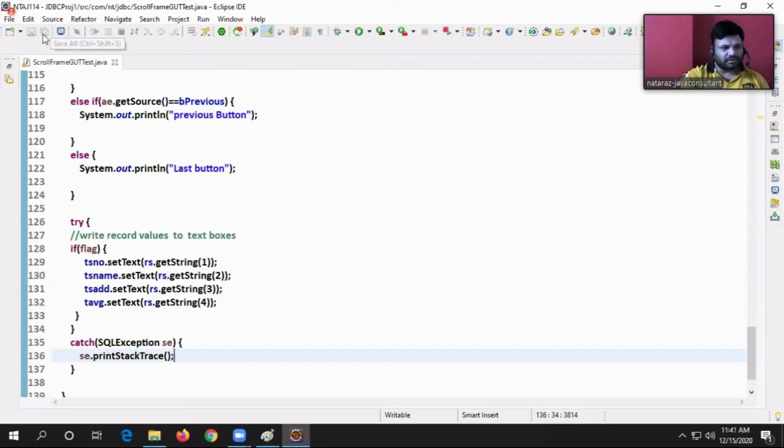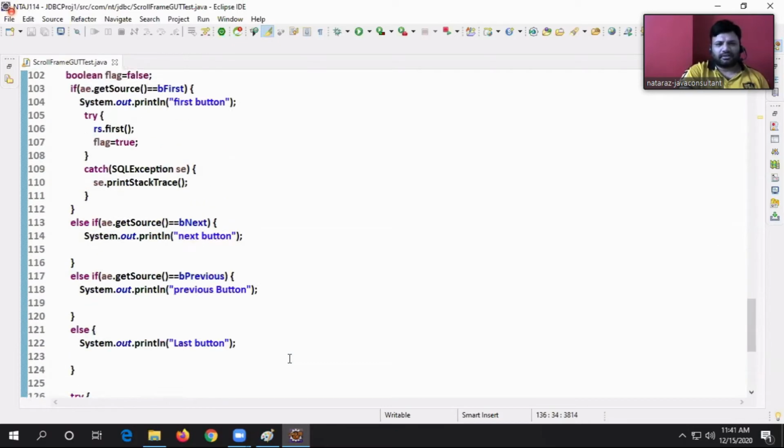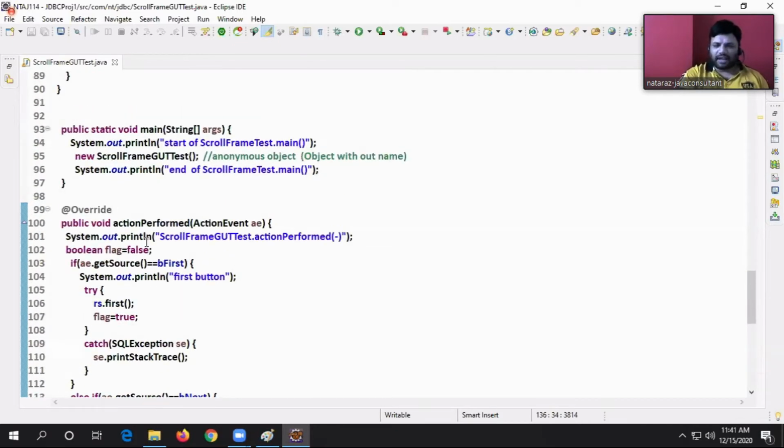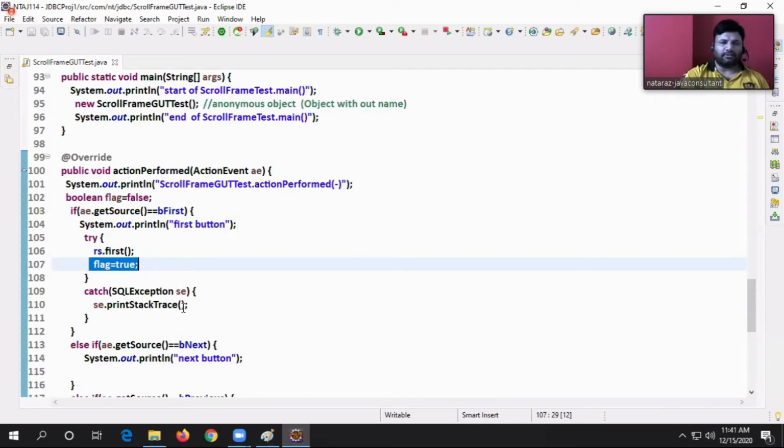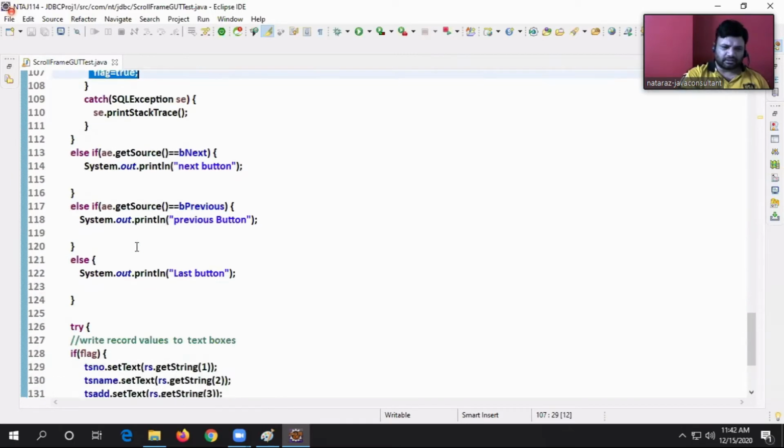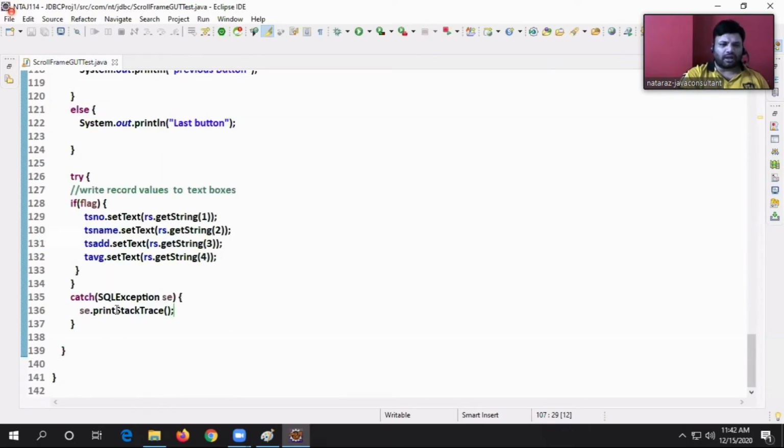Now you observe, the same effect will come. Flag is false. I clicked on the first button, the cursor moves to the first record, flag becomes true. You know that in an if else if ladder, if a condition is true in one place, it will not go to other conditions.